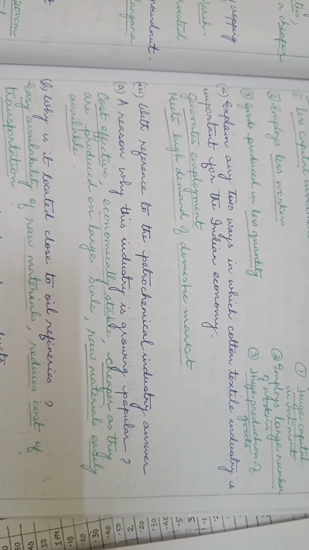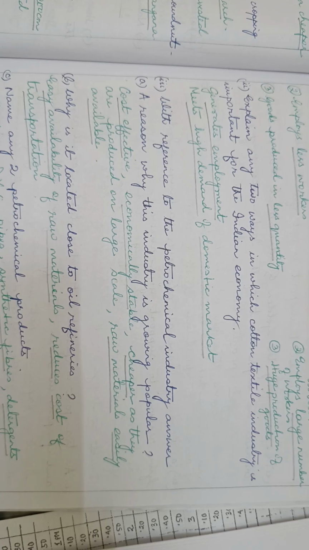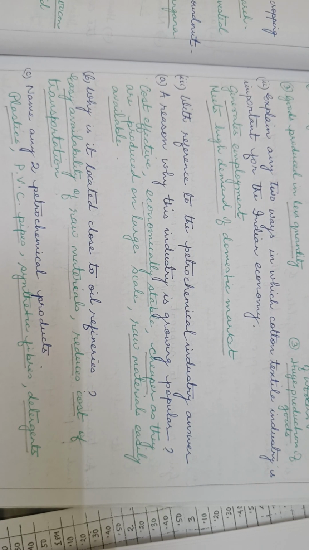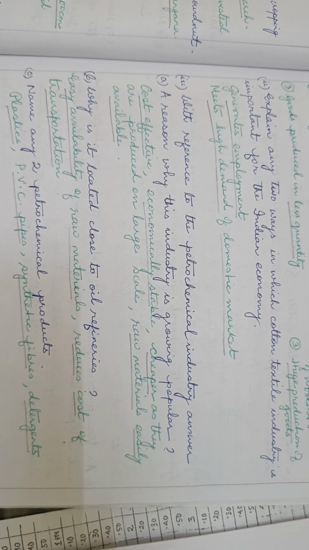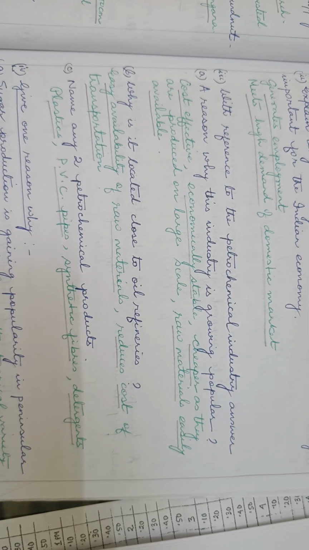Next question, that is Roman number 2. The two ways cotton in the textile industry is important for the Indian economy. One is it generates employment. Second, it meets the high demand of the domestic market. Roman number 3,